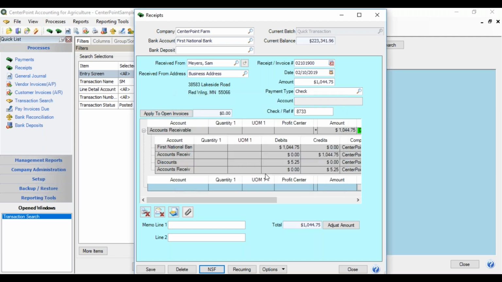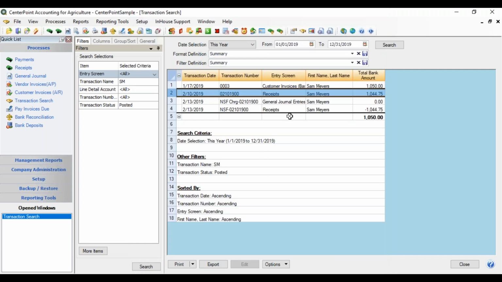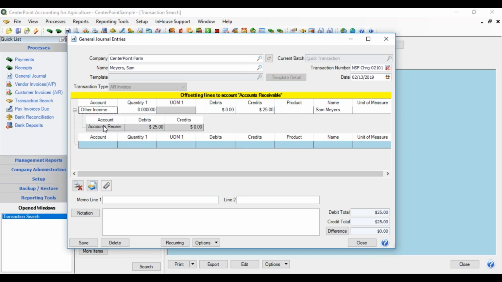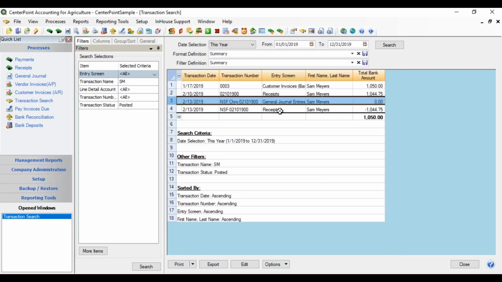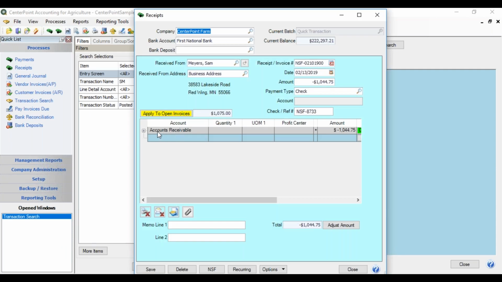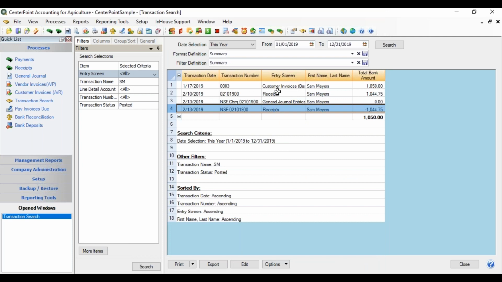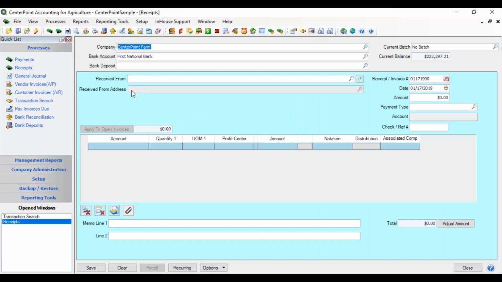And when we say yes, we'll come back to the screen, and now it added the additional transactions that were done. So we have the journal entry that represents the bank charge of the $25 to other income offset by accounts receivable to Sam Myers. And we also have the receipt that was reversed that included that discount that we reversed back out. So that took all the pieces back out of the original receipt where the check was returned and put all the pieces back in place so that when our customer gives us a new check